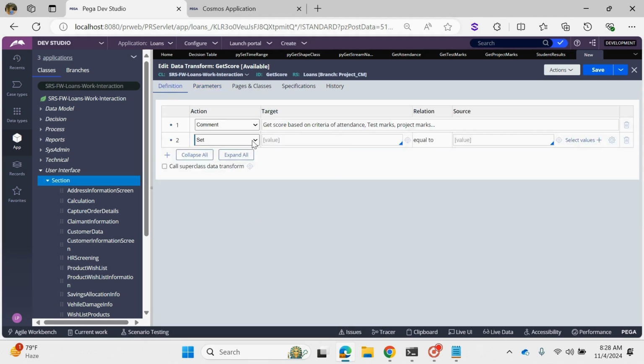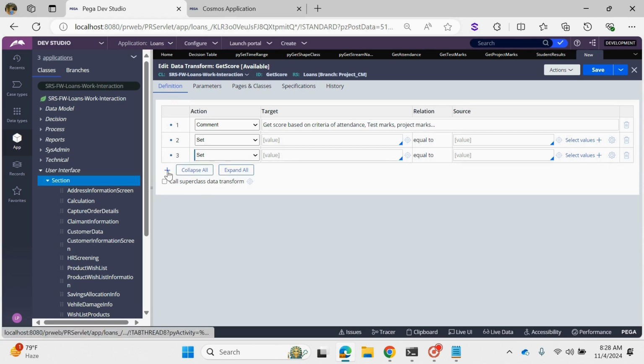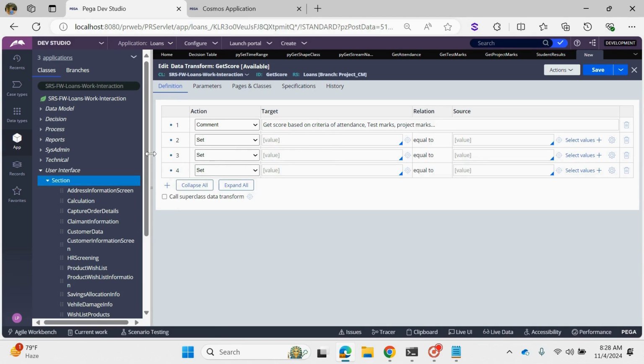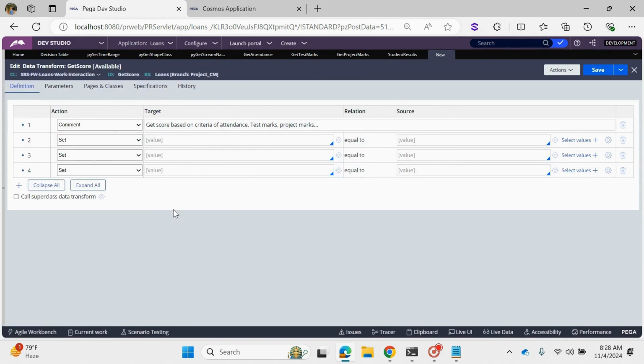Now let's understand how to trigger this part. Before this, we can use those parameter values here to interact with the decision table. As I mentioned, in a decision table, if you want to interact through the data transform, you will have